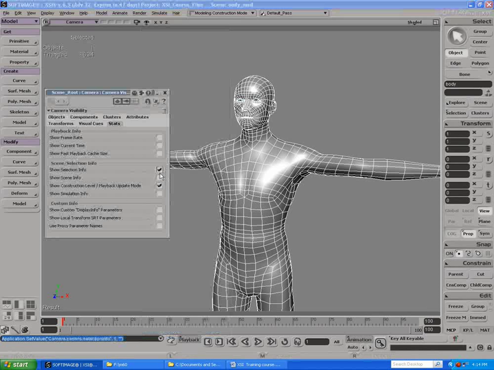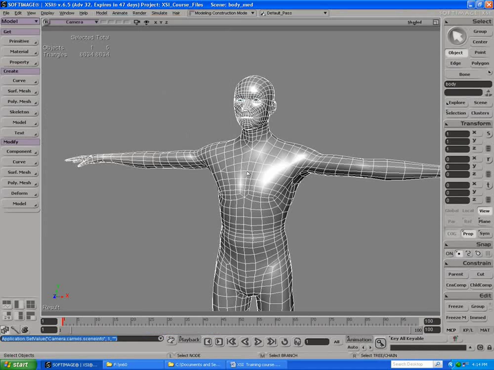And we can see this right now if we go to the visibility options, stats, and then we turn both selection and scene stats on. You can see that 6,000 polygons. If we go back